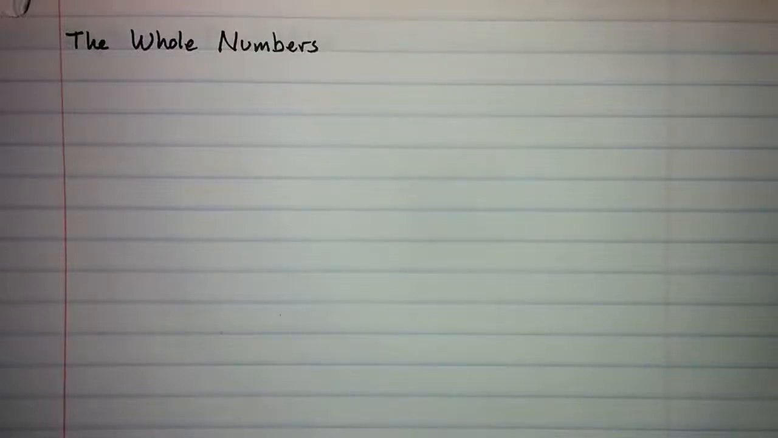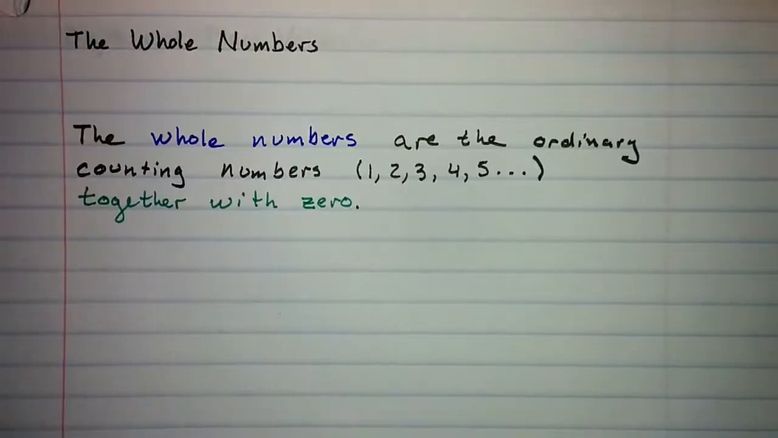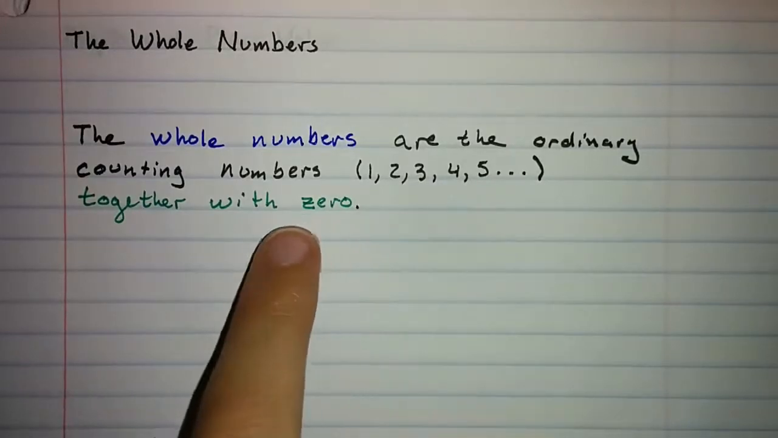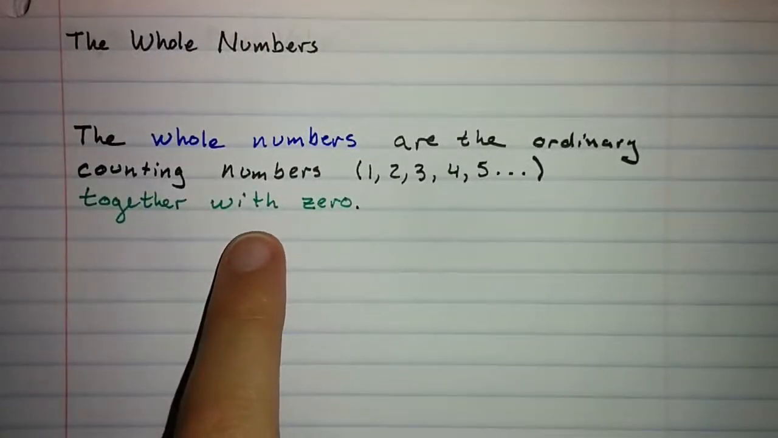We begin our study of arithmetic with the whole numbers. Before we go on and study the things that we can do to these things, let's take a moment just to think about what these things, the whole numbers, actually are. The whole numbers are the ordinary counting numbers, 1, 2, 3, 4, 5, and so on, together with the number 0. So these are the numbers that are the first thing we think of when we think,